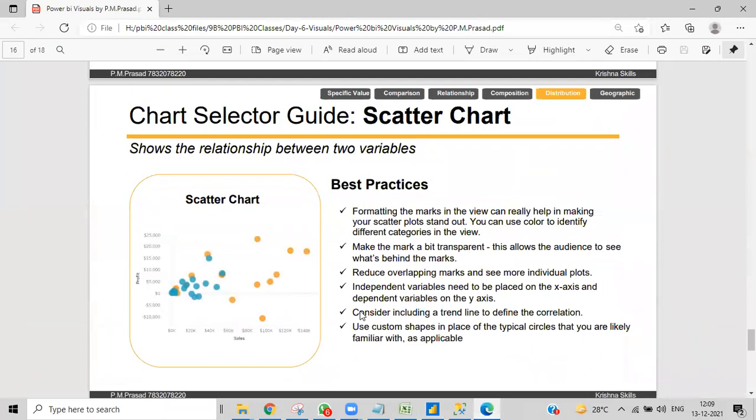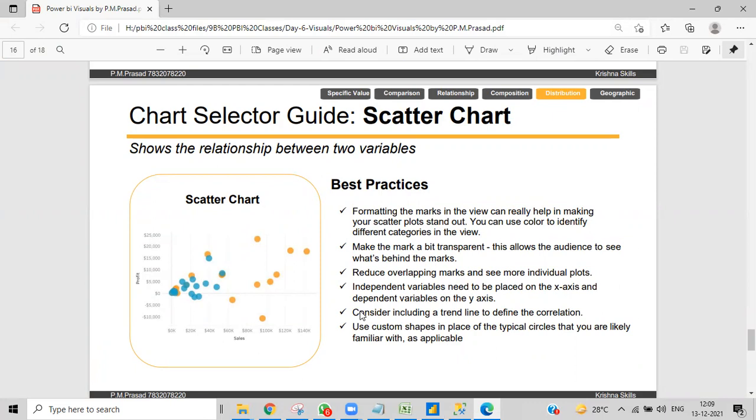Scatter chart. This is very rarely used. But still, we do have this scatter chart most of the times. To do this, we need to have data efficiency, like we need to have the required data for that to show. If not, we can't show that visual.